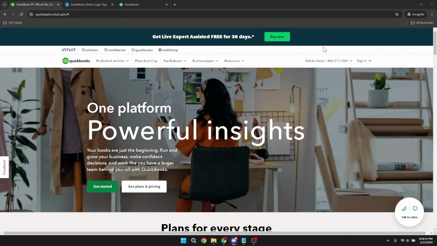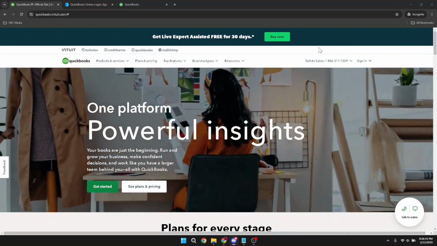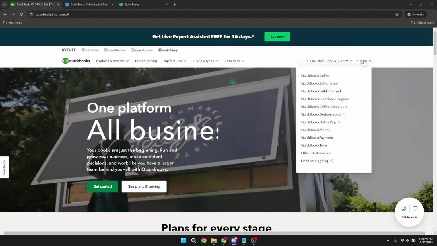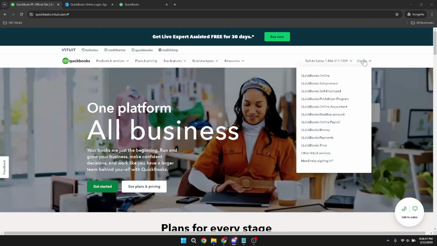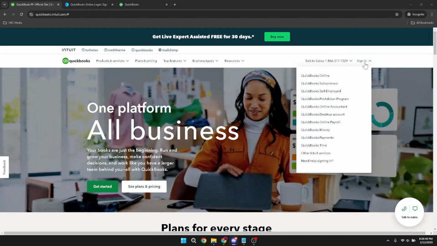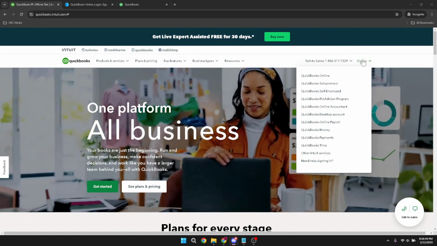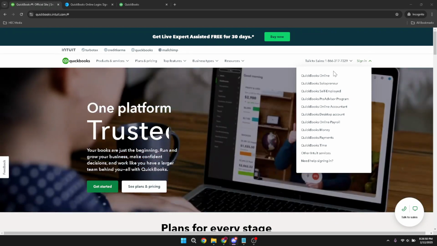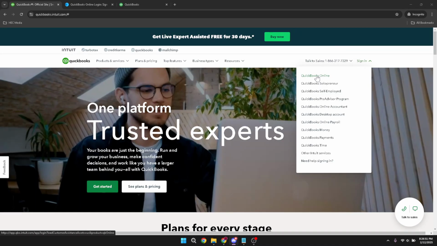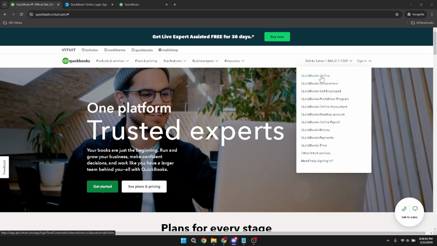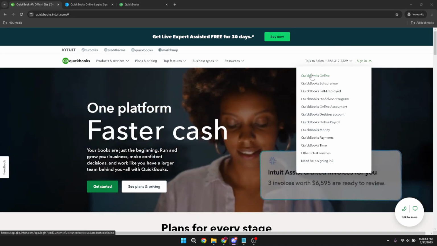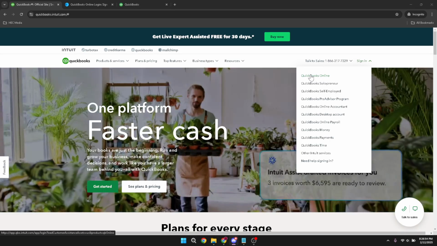To begin, you'll want to open your web browser and navigate to the QuickBooks sign-in page. Once there, you'll see the Sign In button. Go ahead and click on it. This will open a page where you're prompted to choose the type of QuickBooks account you use. For this process, you'll want to select QuickBooks Online. This option is specifically designed for online users, and selecting it ensures you have access to the right features for